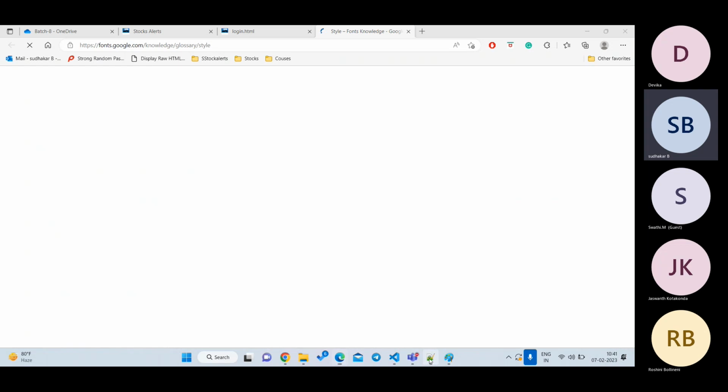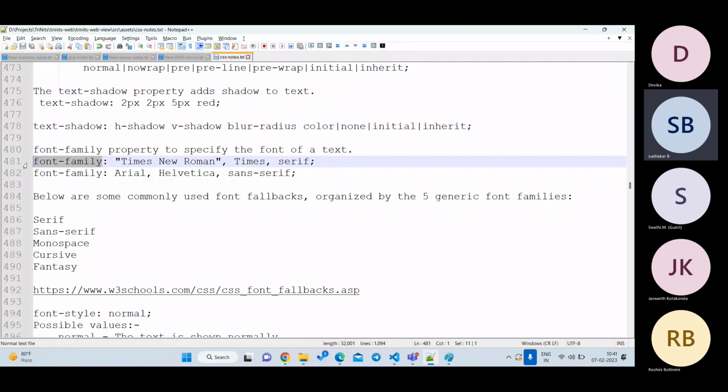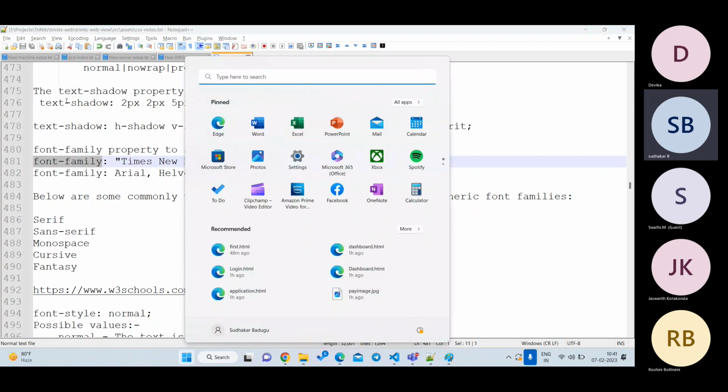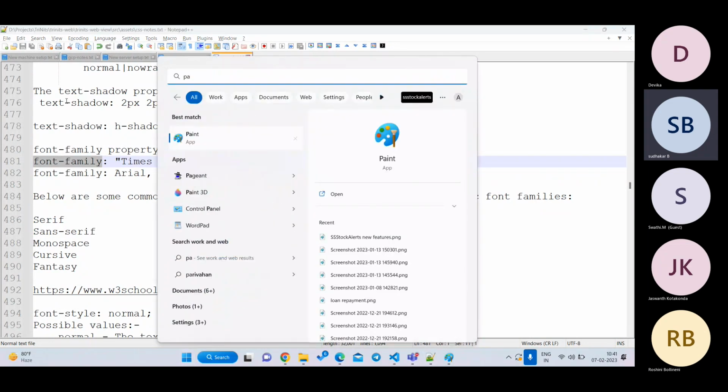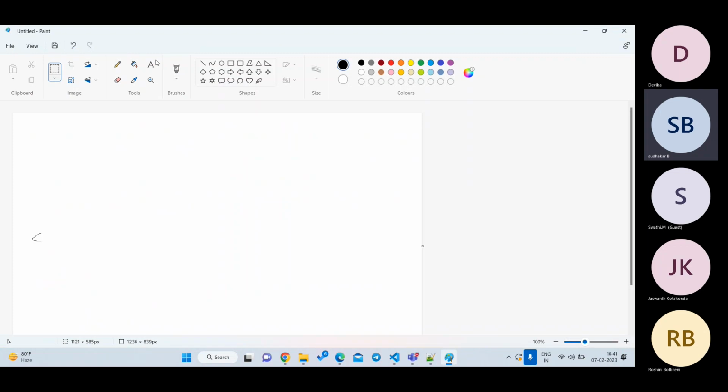One is the font family, which font family you want to use. Suppose I open Paint. Already we have Paint, right? Let us try with Paint. Suppose here I want to write one title. I'll say title something like this, right? I will increase the